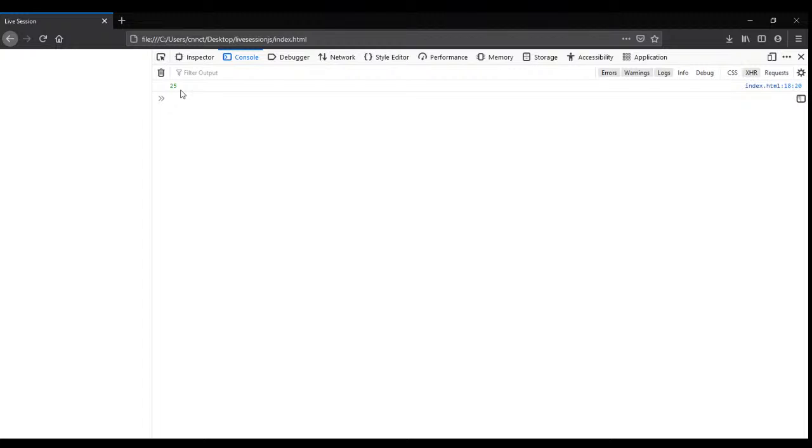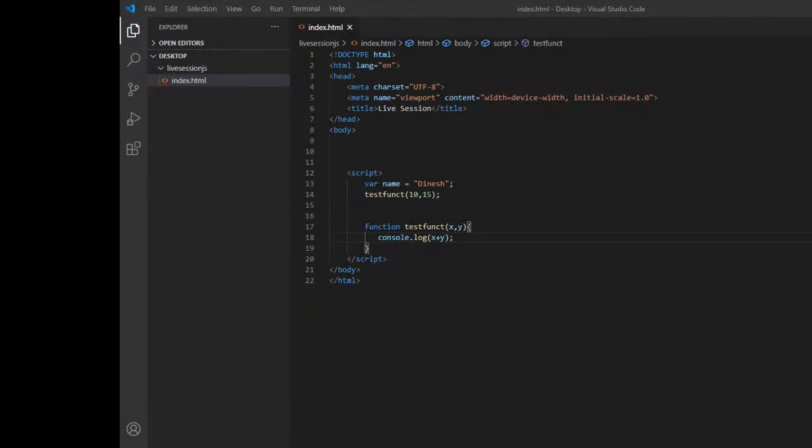You can see I have got the answer for this one. X means 10, and y means 15, so the addition will be 25. That is the thing. You can add the things the way you want. It's not a problem. That means any number of variables, any number of